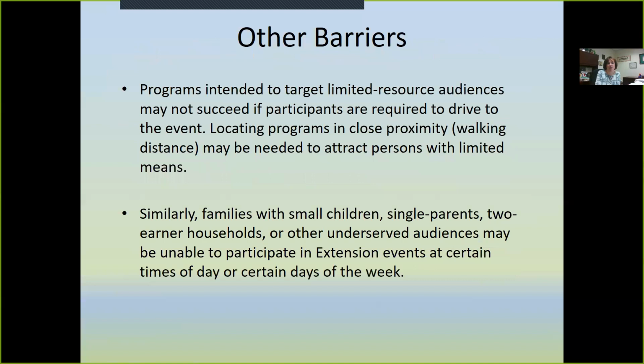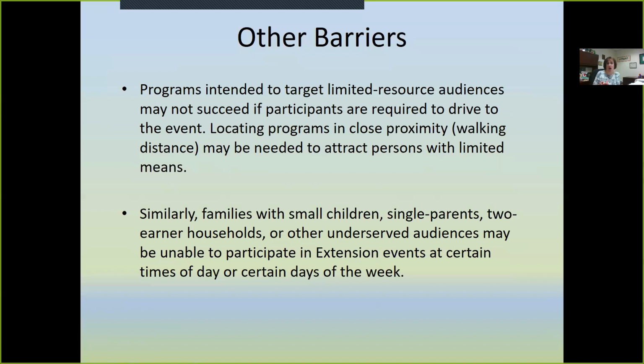And then some of our other barriers. So programs that target limited resource audiences may not be successful if they have to drive someplace. If you're holding a day camp in a location and you're advertising it to someone that lives 5 miles away, especially if you're living in an urban setting, that's probably not going to work. You need to be going into those communities so that young people can walk,